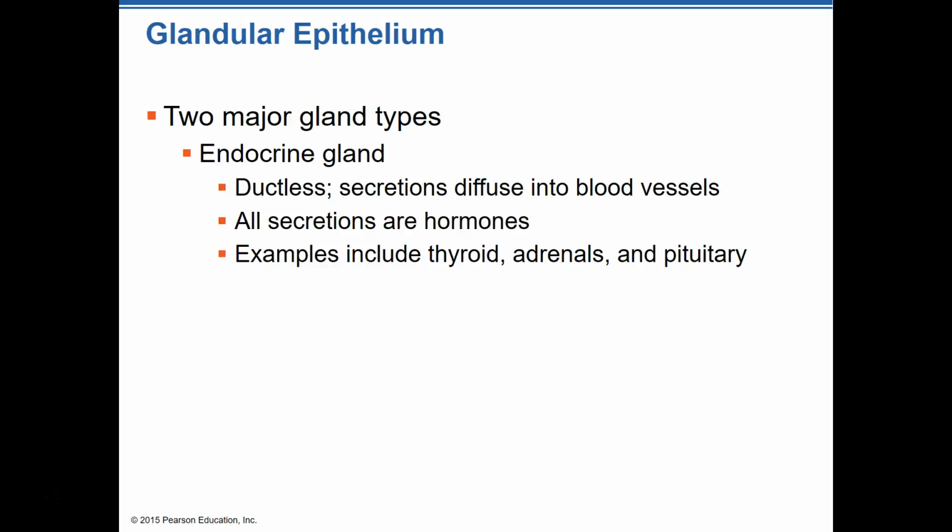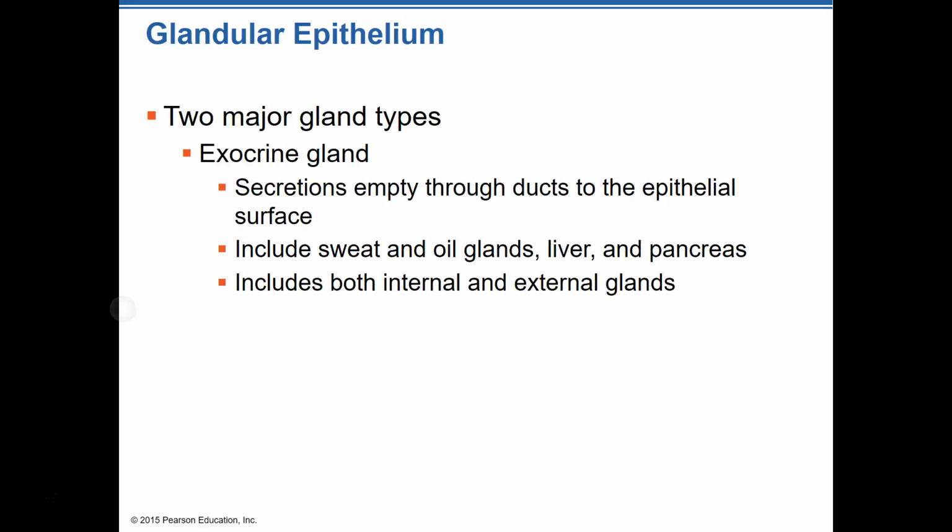There's two major gland types, and these are such major types, though they're under the epithelial area, we will talk about these in a separate chapter. One of them is the endocrine gland. Basically, it's endo. It means it excretes into. So that means that these particular glands will excrete directly into the blood vessels, directly into something. Hormones, thyroid, adrenal glands, pituitary glands, all those secrete directly into the bloodstream.